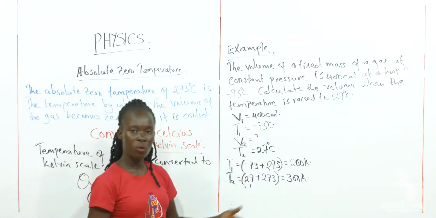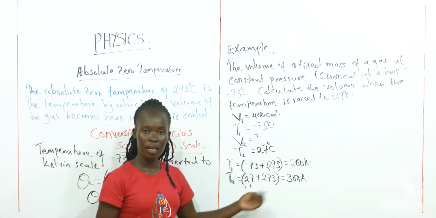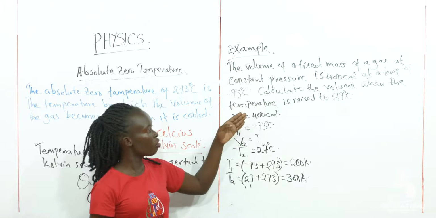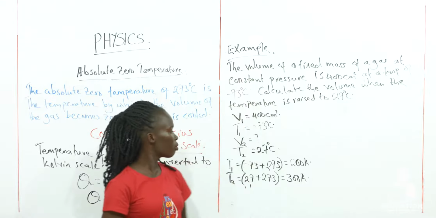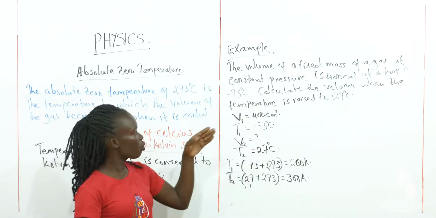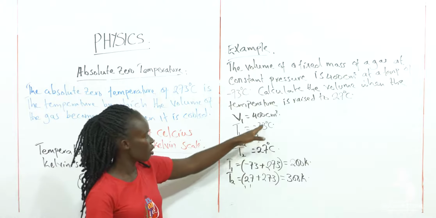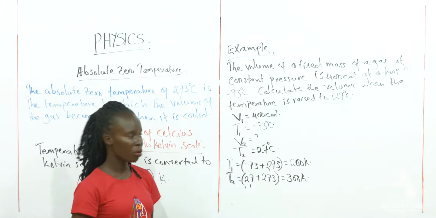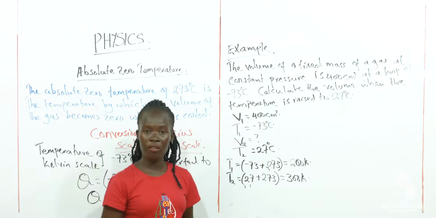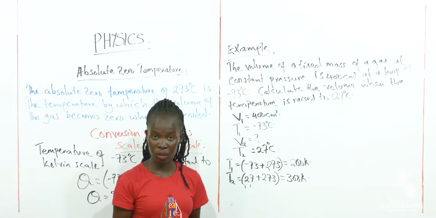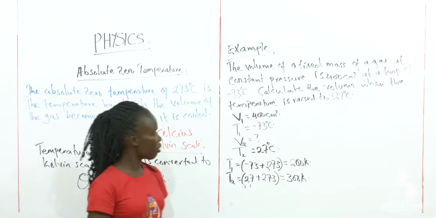The question did not tell us to find the temperature. What we have been doing is converting the temperature from the Celsius scale to the Kelvin scale. Now the question is telling us to find the volume. So how do we find the volume of this gas when the temperature has been raised to this value? From Charles' law, we say that the volume of a fixed mass of a gas is directly proportional to the temperature, keeping the pressure constant. So our formula was